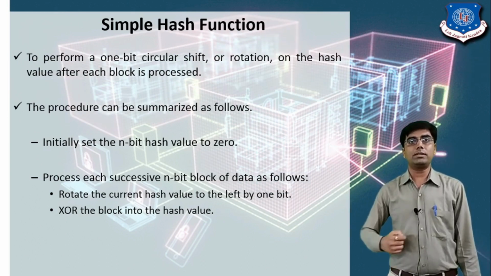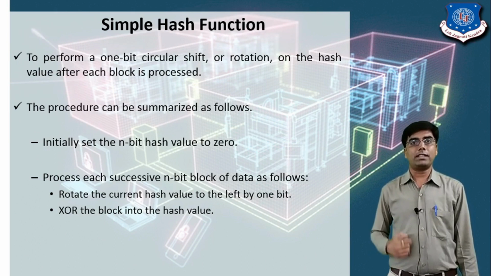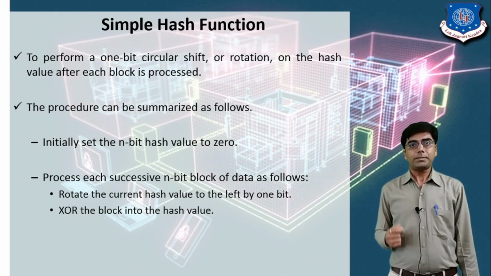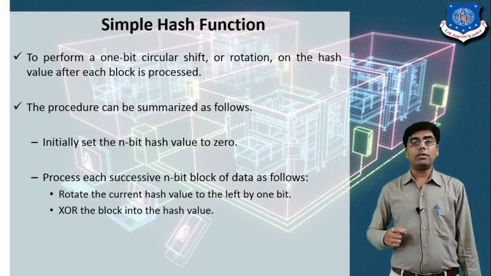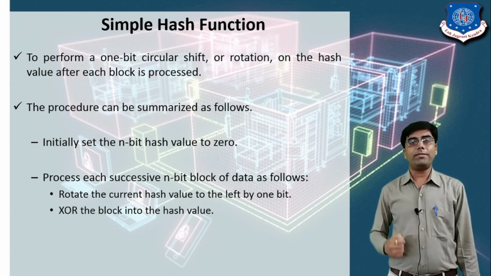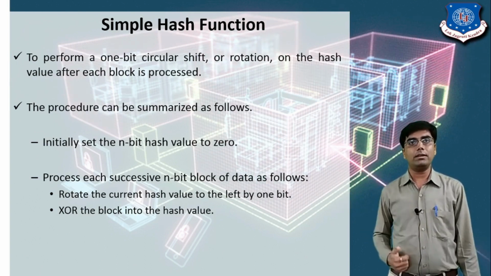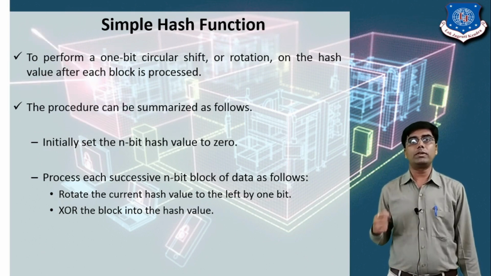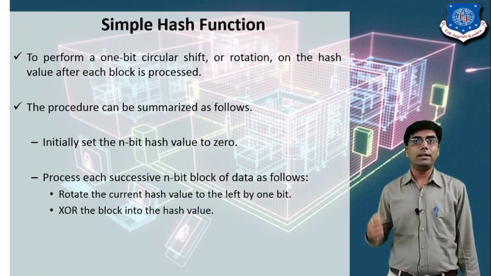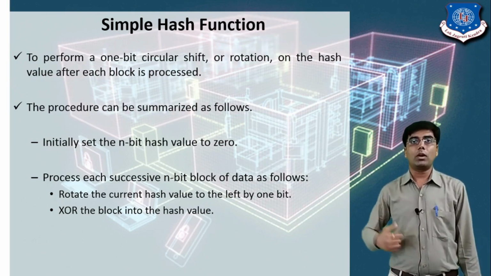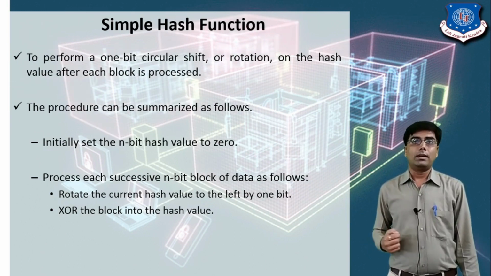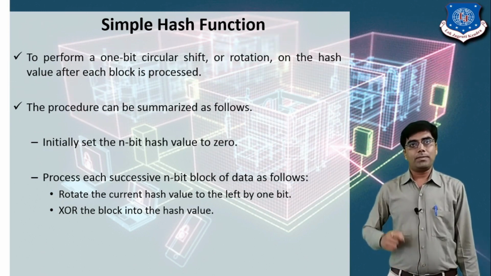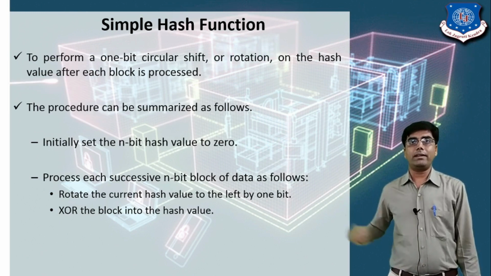So this is the second method of hash function, used to find whether your message is modified or not. This is the base method. With the help of this second method, we can identify whether your data has been modified by another person or not. So this is the base method for finding data integrity.